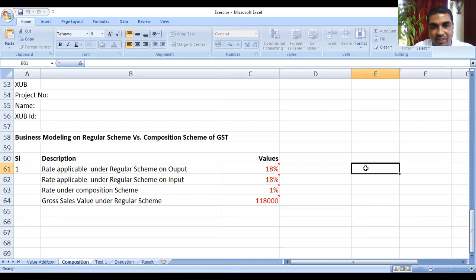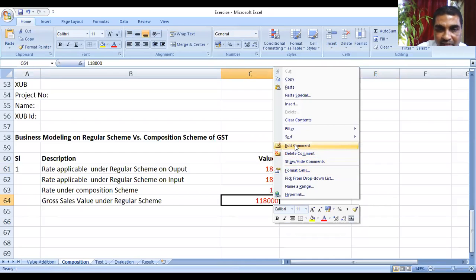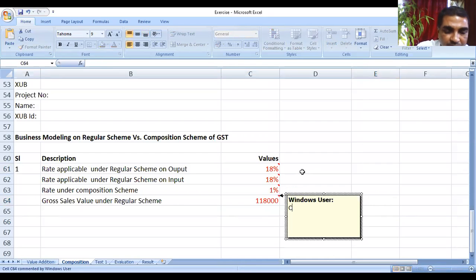Let us leave it here, we'll give the comment. Okay, let us give it. Now you have to give edit comment. Composition scheme is available